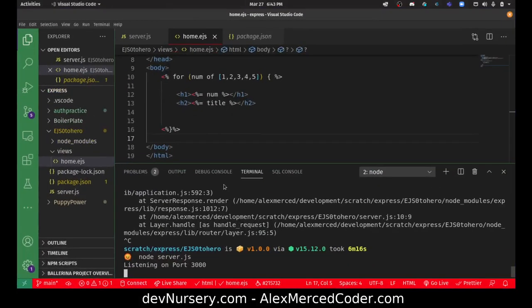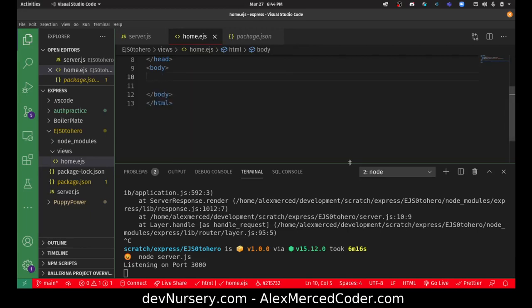So the point is, I can send data and use it in my template to dynamically generate my HTML file, which is really cool because then you can create dynamic HTML files. I can use if statements for all sorts of different reasons. So for example, we'll just use another if statement. So we'll say